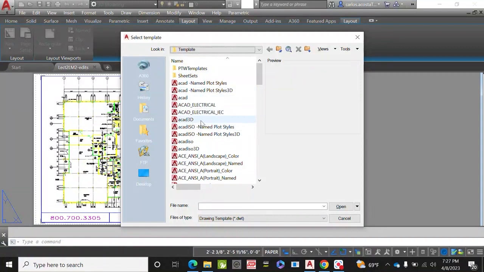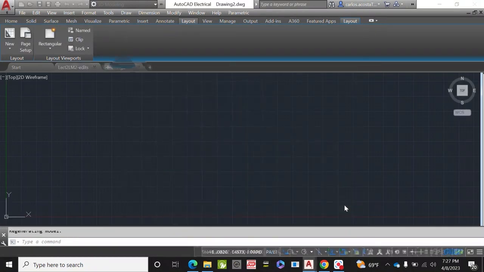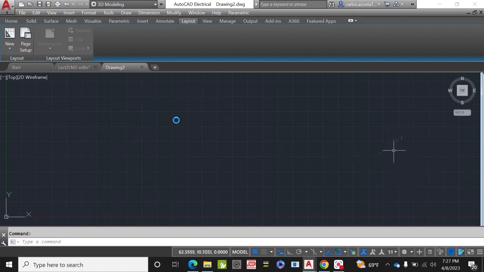So go ahead and open AutoCAD. And if you don't have that template, don't worry. When you open AutoCAD, you'll have a blank page. So before we open the file, before we do anything else, I want to show you a couple of things that are very important. The first thing is if you do Control-1,